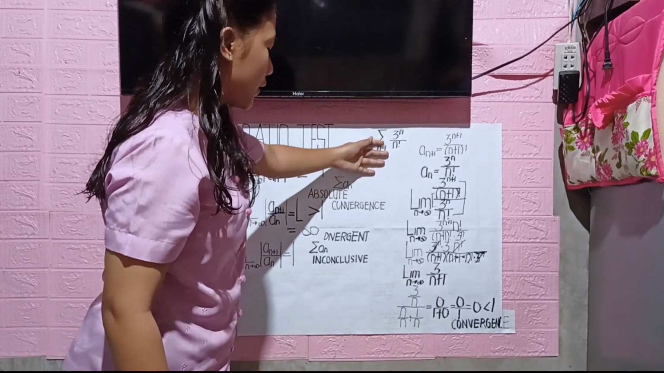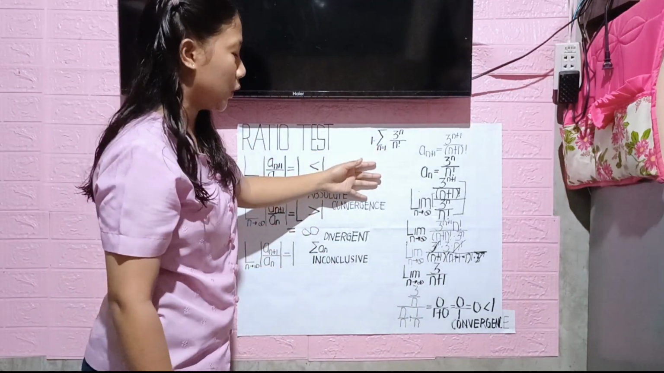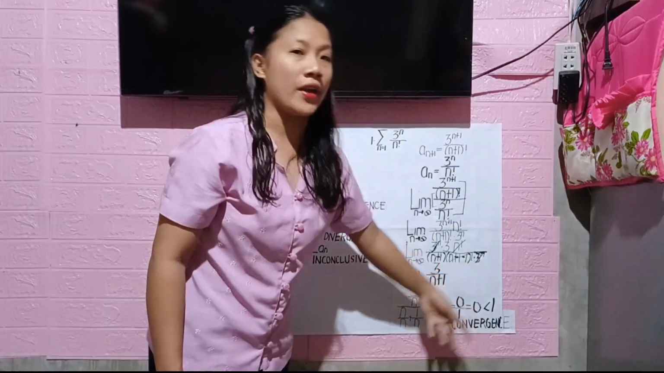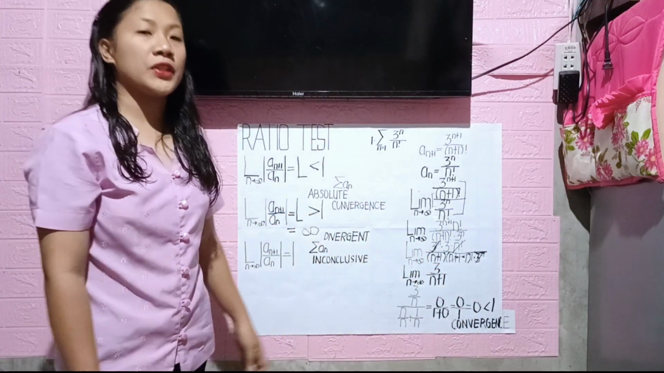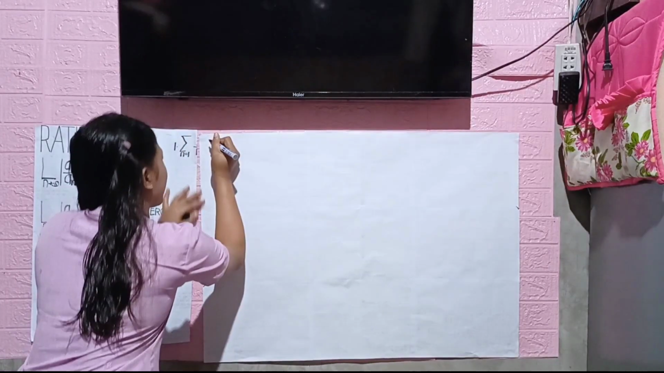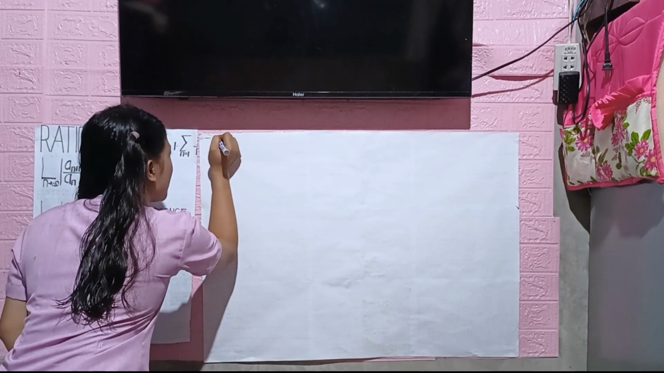So, our series, we can say that it is absolutely convergent because 0 is less than 1. So now, let's proceed to our next example. So consider the series